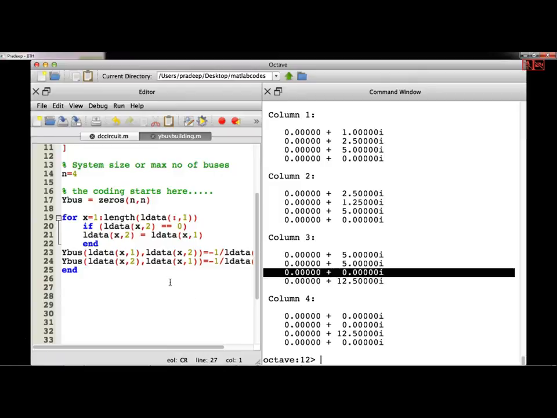So how to set the diagonal element? So off diagonal element already we have done. Diagonal element, simply add the row and then replace with a minus sign. So that is what you have to do. So that's what I will do now. So again, for x equal to 1 to n, because there are n buses,